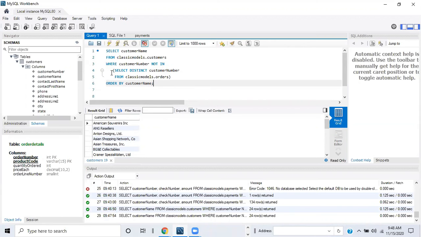All right, so one more thing I want to show you with the subquery is using a subquery. We've been using all these subqueries in the where clause,